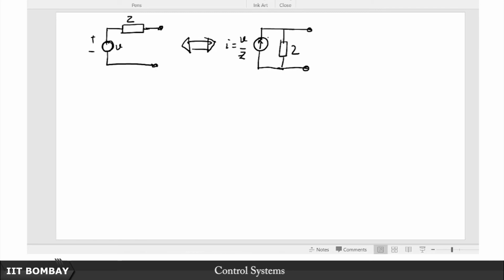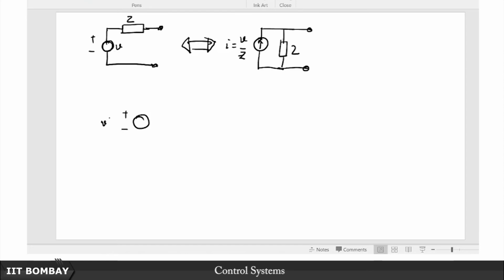So if you are given a current source like this, you convert it to its voltage source by multiplying the current with the impedance in parallel, assigning that magnitude to the voltage source and putting the impedance in series. If you want to apply KCL to this sort of circuit, you'd better convert it to its equivalent current source. This is not to say that you cannot apply KCL to this, you can, but it makes life easier. This is just another quick refresher of some basic ideas that you are already familiar with. So again, without further ado, let us move into this